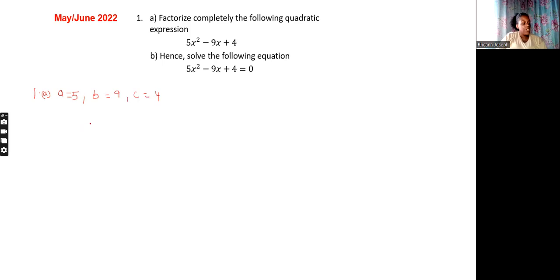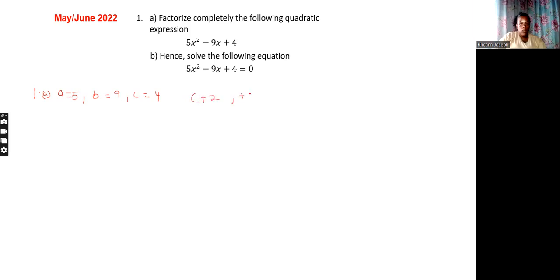Right? Okay. So now that we know this, what we have to do is find the pairs that when you add, it will give 9, and when you multiply, it will give you 4. So that's the next step, right? All right. So what I'm going to do is write it down and then explain it all together. So the pair that we're going to use is actually going to be